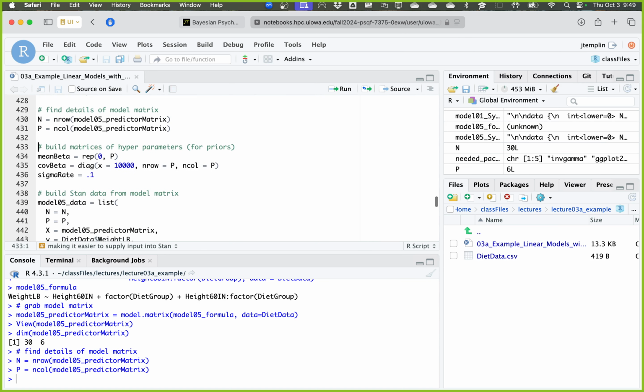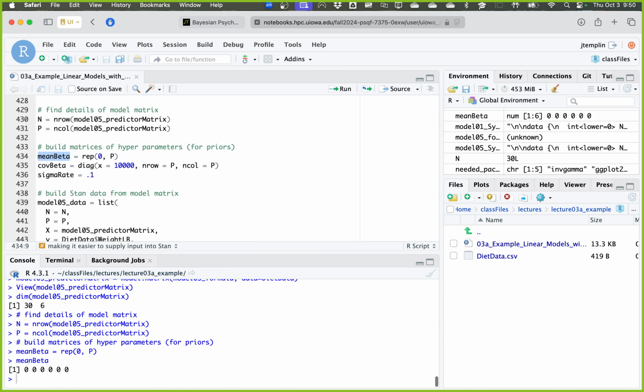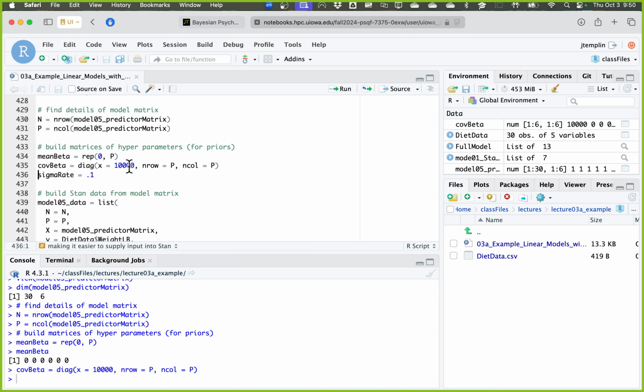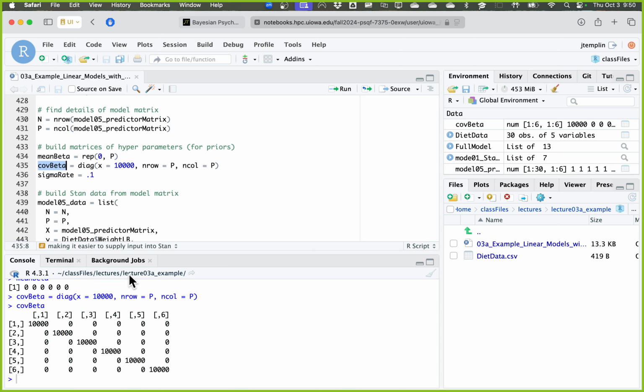Let's now build the matrix for the hyperparameters, though. So the mean vector for our coefficients, our hyperparameters for it. I'm going to set the mean vector equal to 0 for each one of these, but I'm going to build the covariance matrix such that the diagonal of each value is 10,000. That's our covariance matrix. So if you want to know what that means